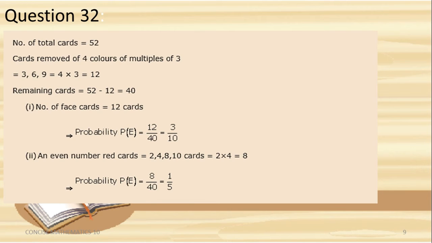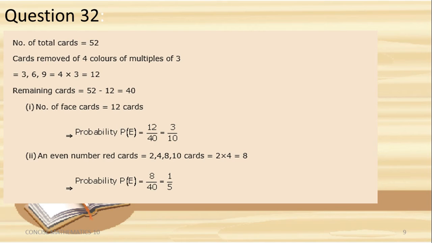Try to understand this question, children. You are having 52 cards. We know that there are 4 categories, so each category will have 13 cards. In the question it is said that all the numbers which are multiples of 3 are removed. So in one category, the multiples of 3 are 3 cards: 3, 6, 9. That is, 3 cards should be removed from the first, second, third and fourth category. Then totally we have removed 12 cards. Hence the remaining cards is equal to 40. So total possible outcomes is not 52, it is 40.